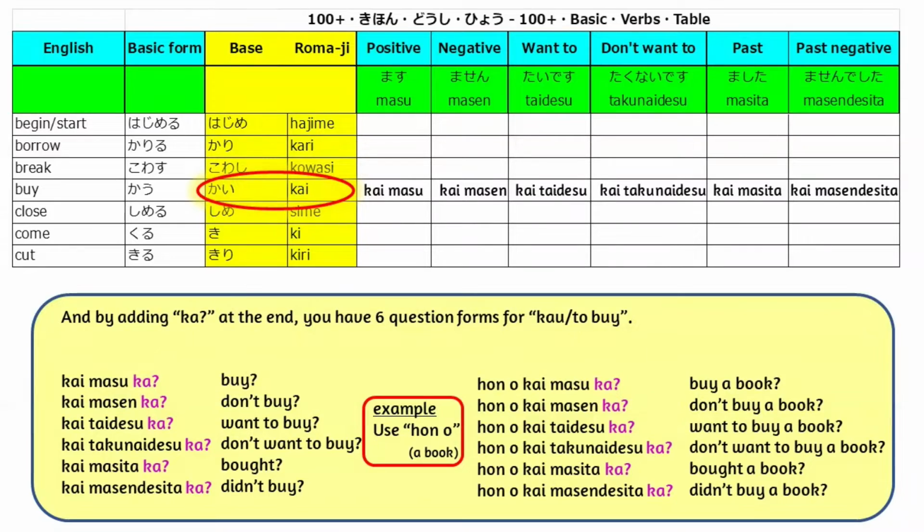The same set of sentences become a question form by just adding か at the end. 買いますか、買いませんか、買いたいですか、買いたくないですか、買いましたか、買いませんでしたか。Sample sentences with buy a book also become a question form by adding か at the end. 本を買いますか、本を買いませんか、本を買いたいですか、本を買いたくないですか、本を買いましたか、本を買いませんでしたか。